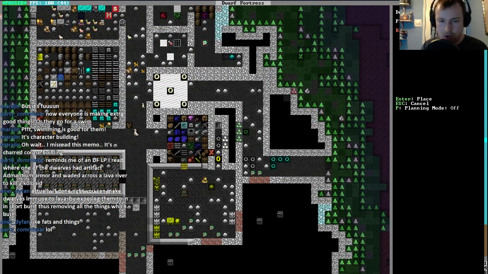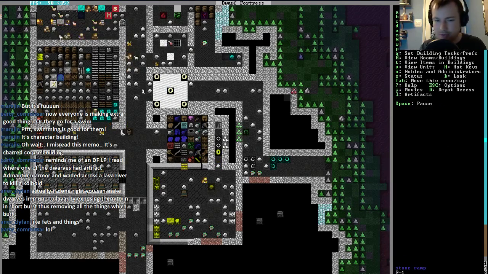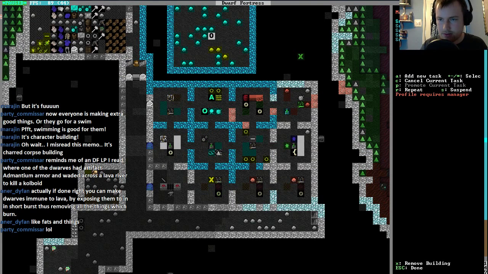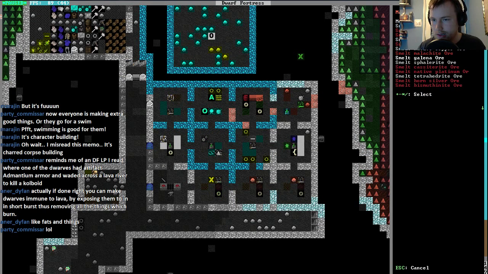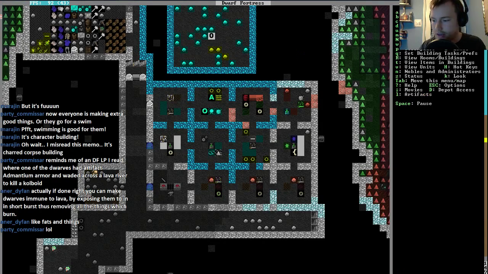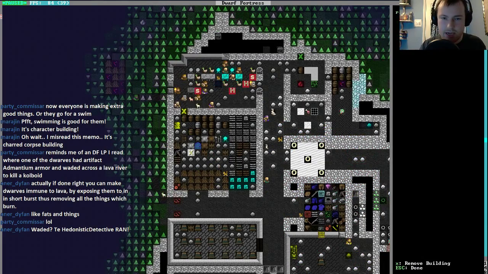We can build a door. That can go here. No, we don't have enough silver bars for it, so I need to melt some more silver. Galena ore on the thing, promote there, and I think what I'm going to do is find one of my idling dwarves and just set them to be...